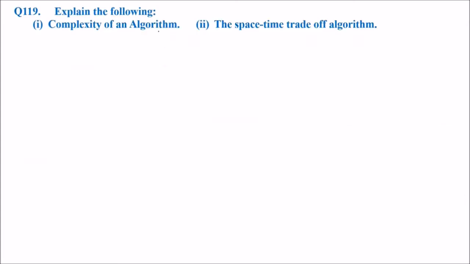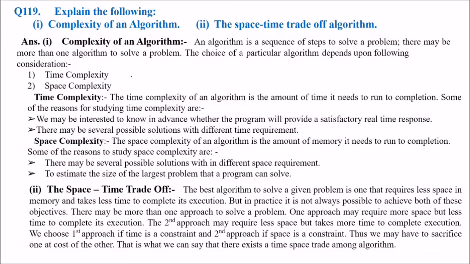Explain the following: complexity of an algorithm and the space-time trade-off algorithm. So complexity, we know the time complexity and space complexity, because an algorithm is a sequence of steps to solve a problem. So there may be more than one algorithm to solve a problem, or maybe you can have a number of algorithms. So how are you going to decide which is the best? You go for the complexity. So the choice of a particular algorithm is based on the time complexity and